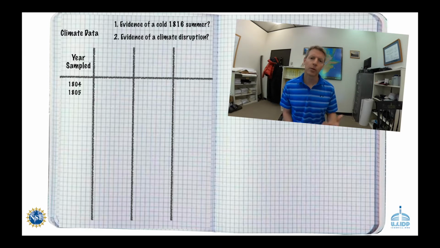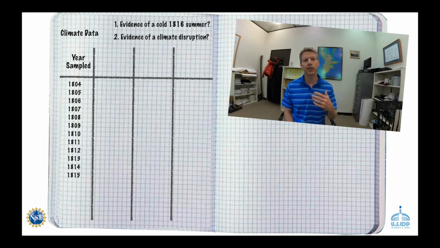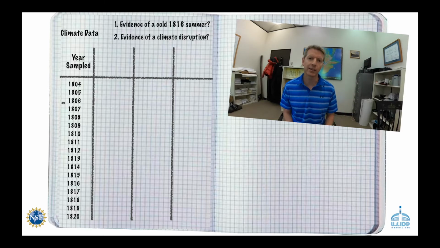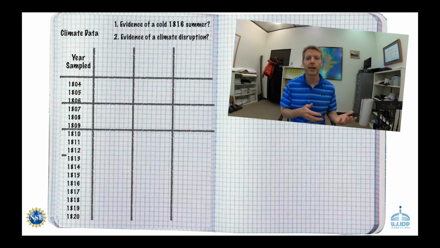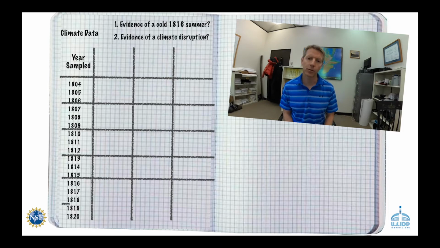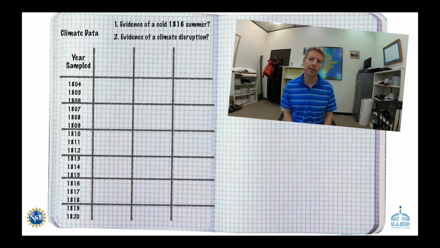And then all the way on the left in the first column, we're going to write the year of each observation. So if we're interested in the summer of 1816, we're going to need some context if we're going to figure out just how weird 1816 was or not. Right? So let's start off before 1816. Let's start off in the year 1804. And let's continue on past 1816 all the way down to the year 1820. That way we get to see what happened before this unusual summer and then what happened after. And so let's write down each year from 1804 to 1820 in that first column on the left.